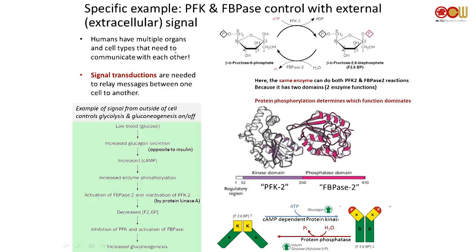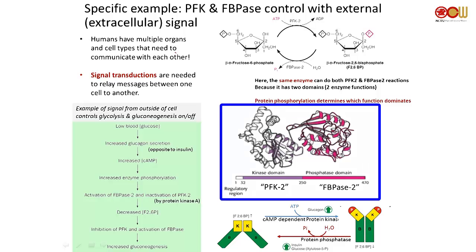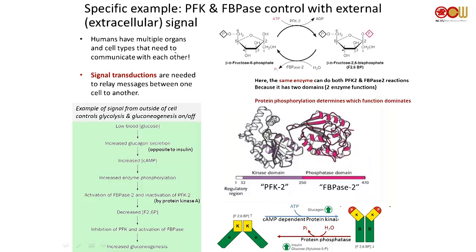In this particular example, you have this enzyme, and this enzyme can be repressed by a couple of different things. In particular, I want to talk about F26BP. F26BP has nothing to do with F16BP, so it has nothing to do with metabolism. It's really nothing more than a regulator molecule inside the cell.